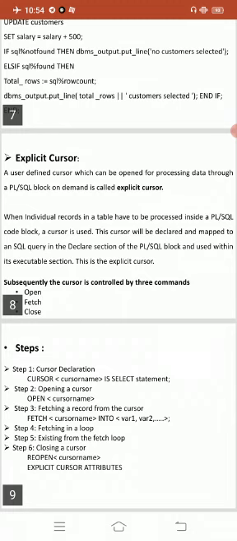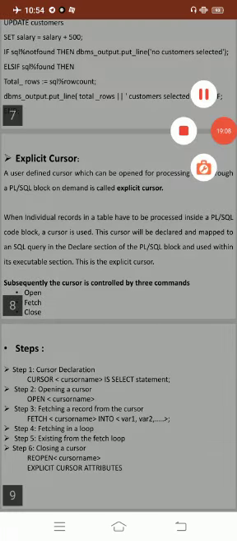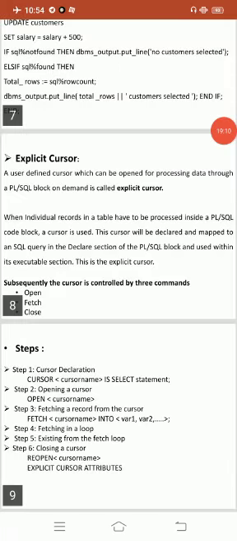Closing the cursor means releasing the allocated memory. For example, declare the cursor c_customers, open c_customers, fetch c_customers into c_id, c_name and c_addr, and close c_customers.